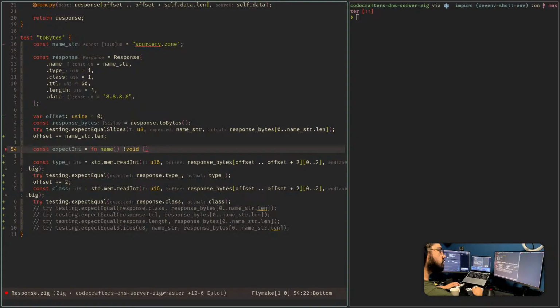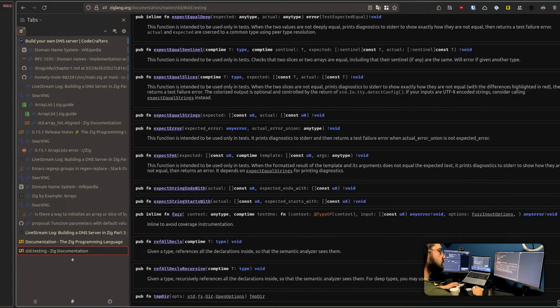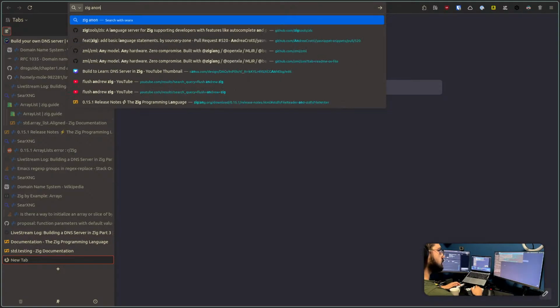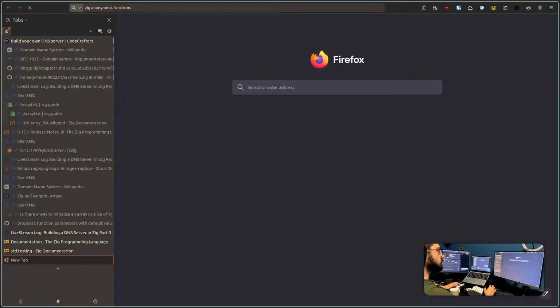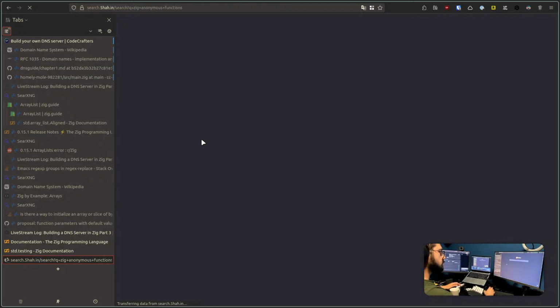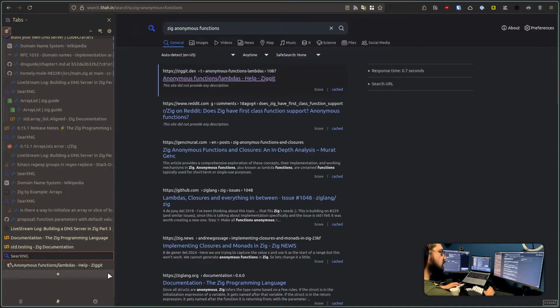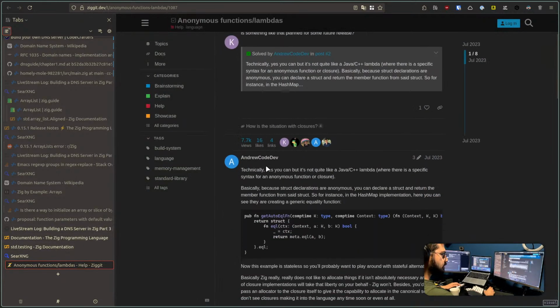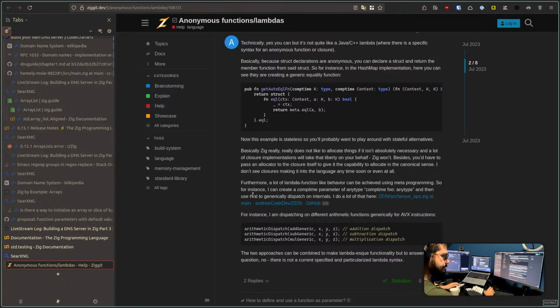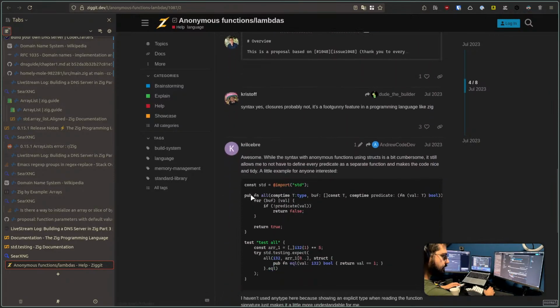Can I have inline functions? Anonymous functions? I don't think so. Zig anonymous functions. Probably not. But it's not quite like Java, C++, Lambda. Basically because it's struct declaration or blah, blah, blah. Yeah, even inside the structs we